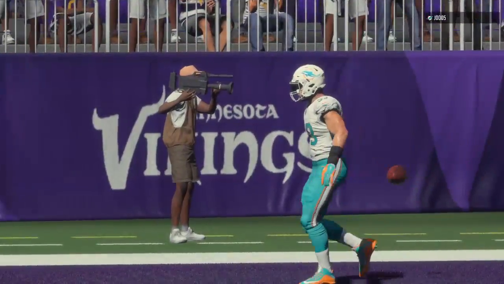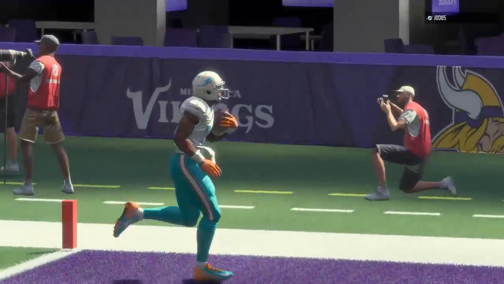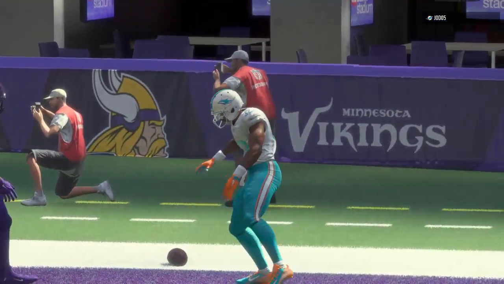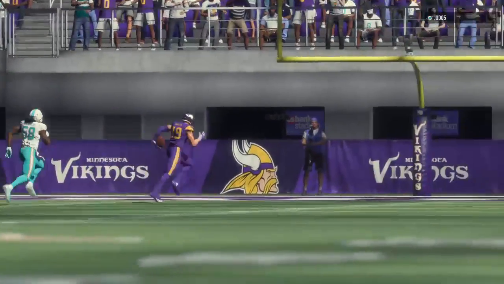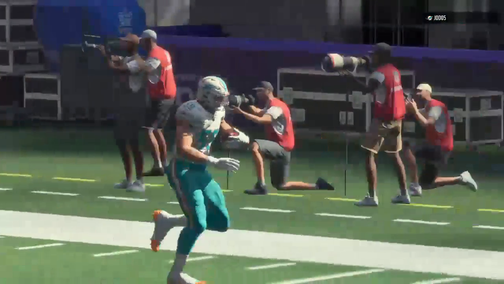So for Miami, they improved to 5-0 now on the young season. And they will head home next week to take on the New York Jets. Meanwhile, for Minnesota, it was a good first month, but they'll fall to 4-1 as they suffer their